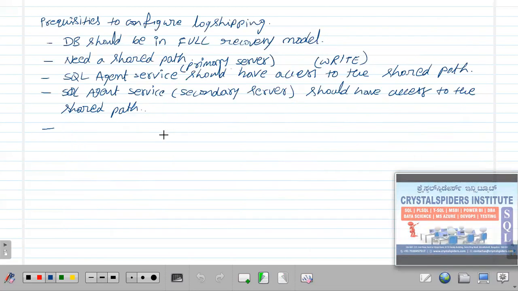That is the secondary path, not a shared path. So we need a local path.